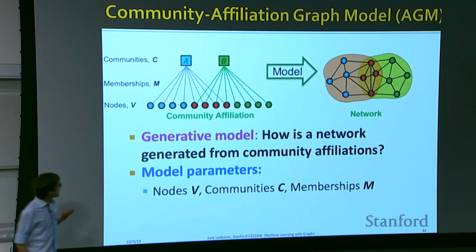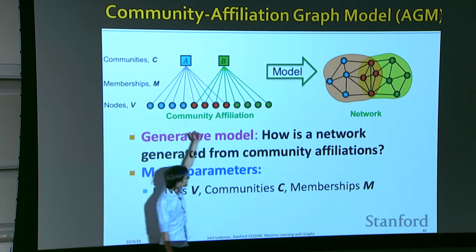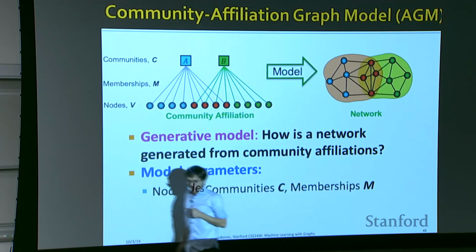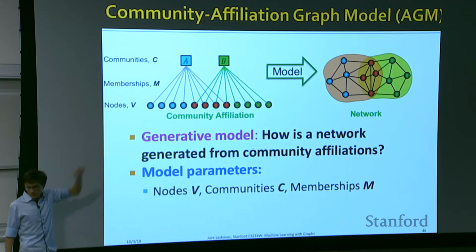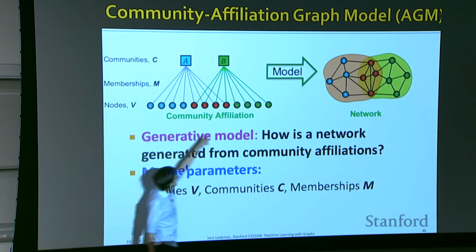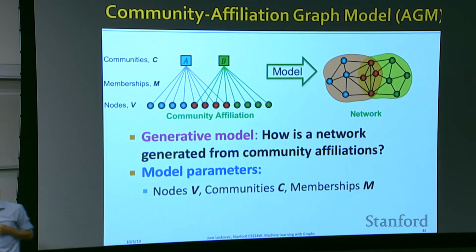Okay? So now that I have defined this, I need to decide, if somebody gives me this thing, how do I generate the graph? Okay? If somebody gives me this bipartite network that tells me how nodes belong to communities, every circle here becomes a node, a circle in my network, and now I need to decide how